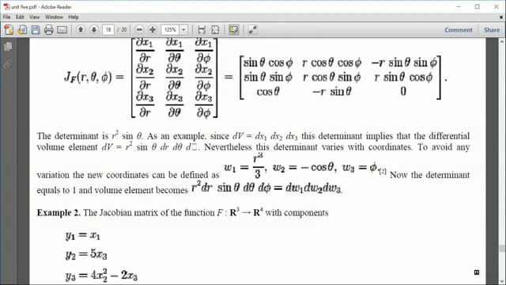Now the determinant equals 1 and the volume element becomes r squared dr sin theta dθ dφ. Now this w1, you can see from our upper determinant, r squared sin theta. When we make our r to be r cubed over 3,